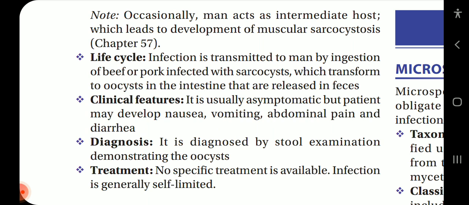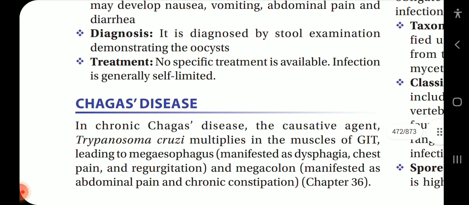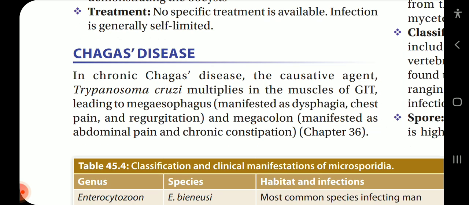Clinical features: it is usually asymptomatic, but the patient may develop nausea, vomiting, abdominal pain, and diarrhea. Diagnosis is by stool examination demonstrating the oocysts. Treatment: no specific treatment is available. Infection is generally self-limited. Now coming on to Chagas disease, then chronic Chagas disease, the causative agent is Trypanosoma cruzi,